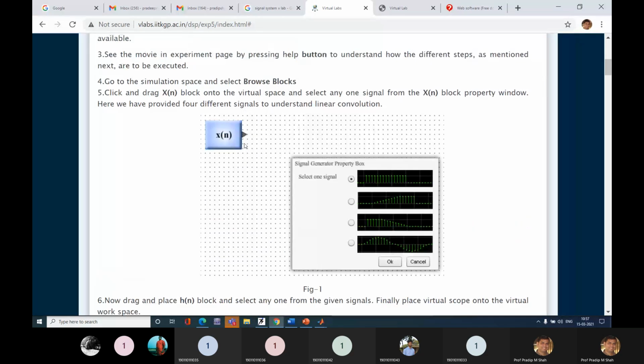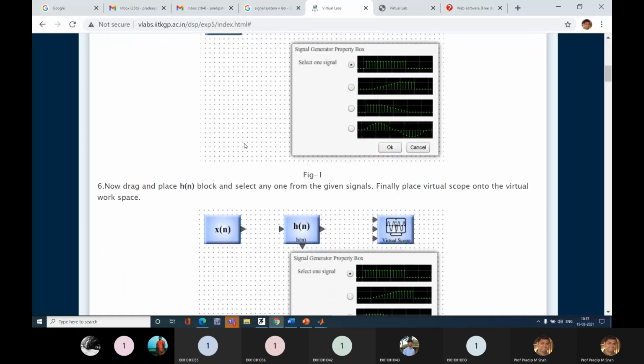Now, after selection of your input signal, if you remember, when I started the practical, I showed one block diagram. That block diagram we try to implement. In that block diagram, we have one system, with one input and one impulse response.